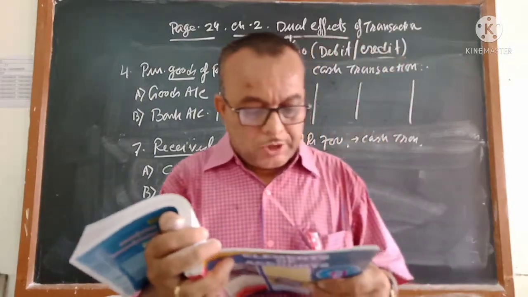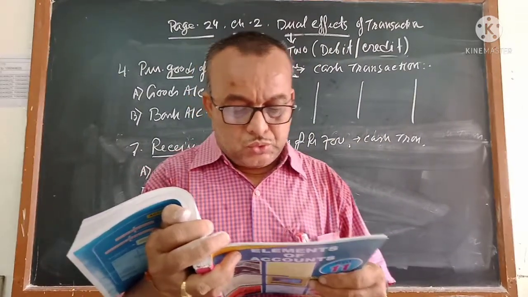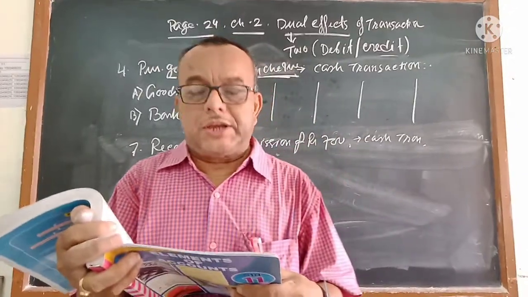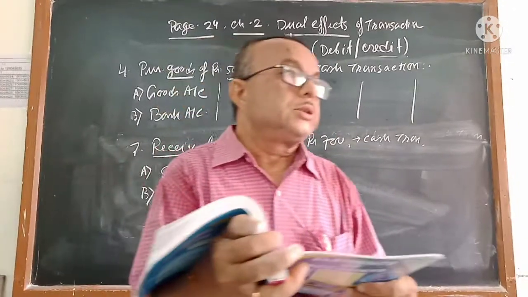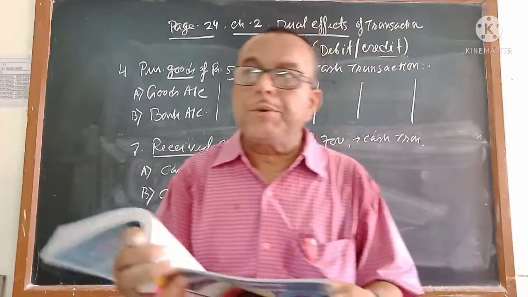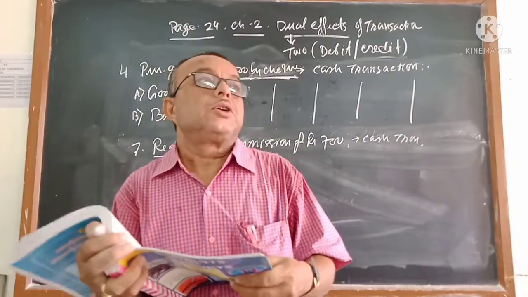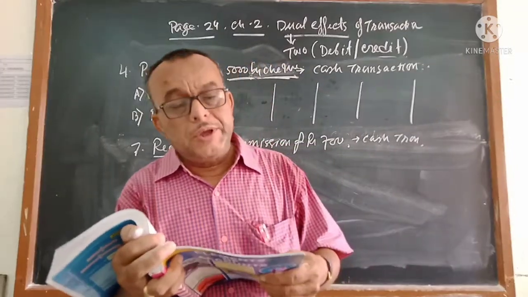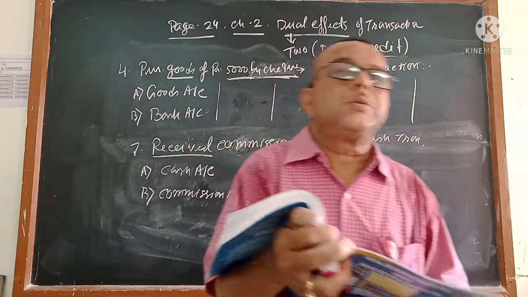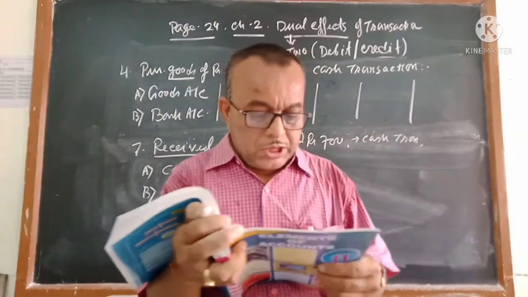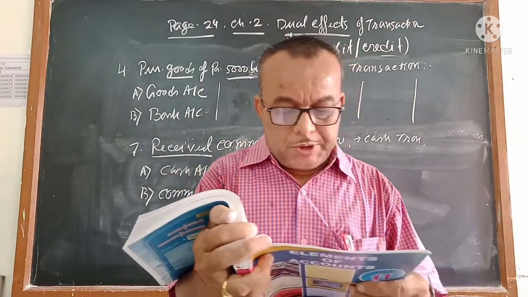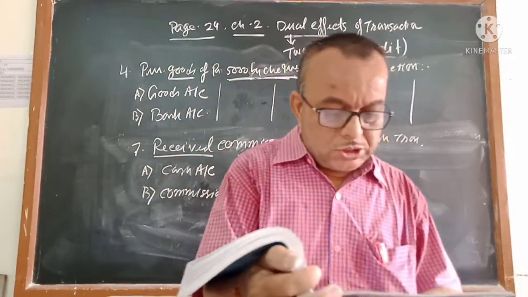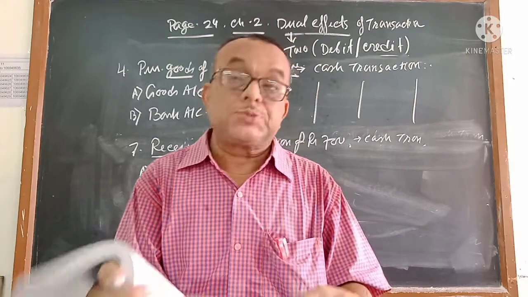And the last one, a check of rupees 3000 issued to Lakshmi Ben for her dues. That is also a cash transaction, because the check has gone, meaning your bank balance decreases. If a check is coming from somebody that you deposited, your bank balance is increased. If you are issuing a check to somebody else, then your bank balance is decreasing. One is bank account and the other is Lakshmi Ben account.